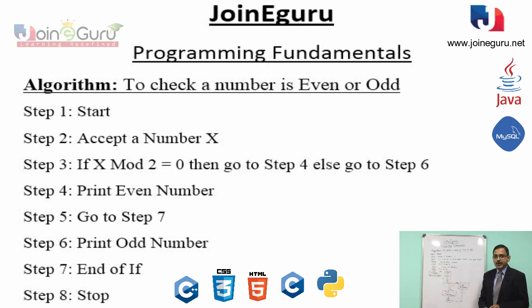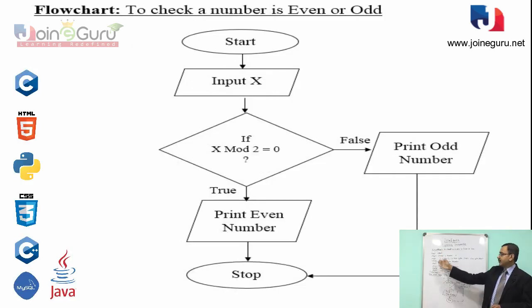and after that we stop the mechanism. If the condition is not satisfied then the control automatically moves to the else part and switches to step 6, and in step 6 we print it is an odd number, and after that we stop the flow of the if situation and stop the execution. So this is our total algorithm, and if we draw the pictorial representation of this algorithm with a flowchart,